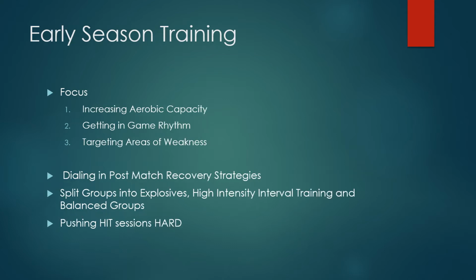Early season, so basically the start of the season into mid-season, we are still really focused on increasing aerobic capacity, switching from longer sessions to high intensity sessions, and we're doing a couple of those in a week, really trying to just ramp up the aerobic base to make sure they can sustain it throughout the rest of